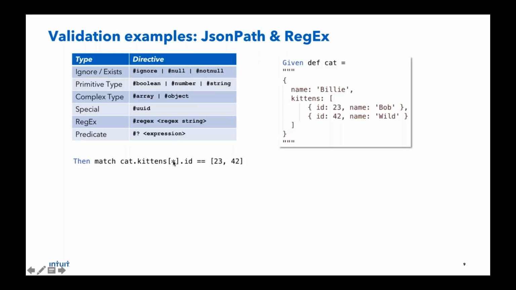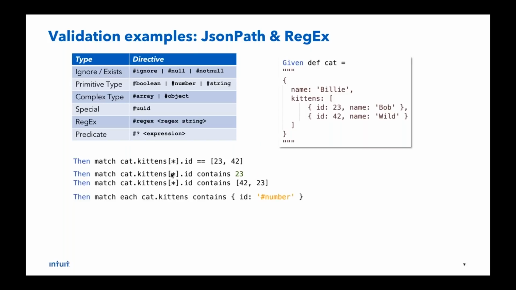And here are a few examples. By the way, pay special attention to that star that you see. This is something called JSON Path. If you are used to doing a lot of XML XPath, this is very similar. Think of it as the way in which, given a JSON, you can run queries on the JSON like you do SQL over tables, if that makes sense. So Karate is very powerful in that, if you have this massive JSON, you can very easily slice and dice it, get only the data that you're interested in, and then run these kinds of match comparisons.